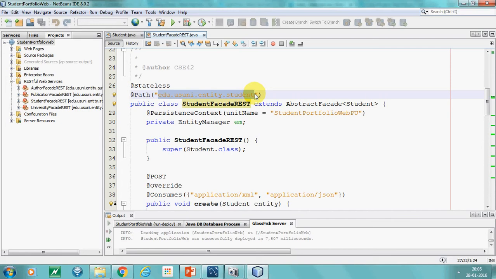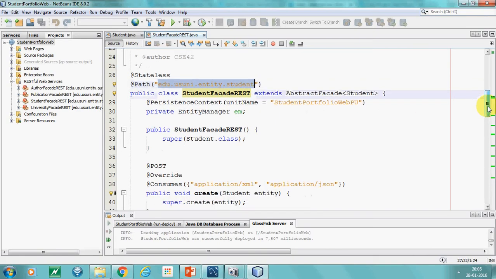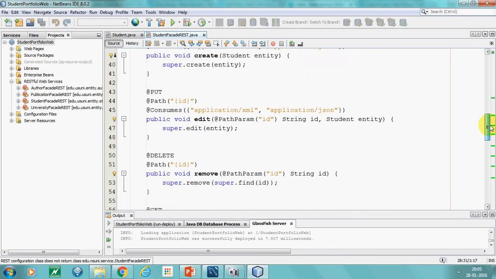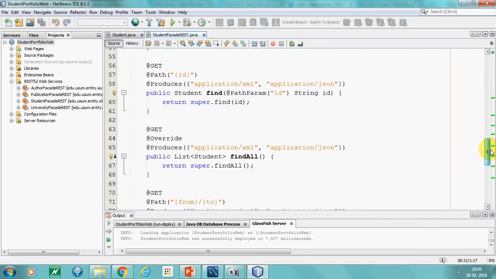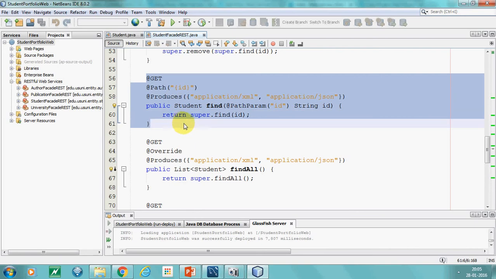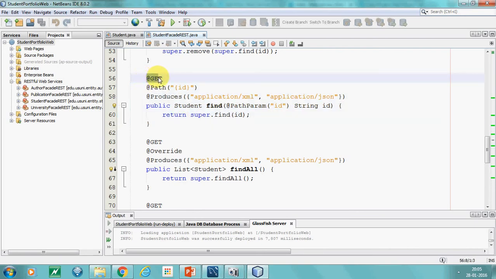In the URI, the resource type name would be edu.usuni.entity.student. In front of the URI, if it says it's a GET request, then the find method from the student facade REST class would be called, because the client has invoked the GET method, and the find Java method has a @GET annotation.